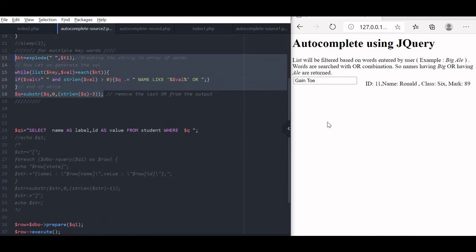I hope that after understanding part 1 and part 2, you can migrate to part 3 of this tutorial to understand how the PHP part works dynamically. In part 3 there is less of the jQuery part and it is more of PHP and MySQL and dynamically generating the SQL query to execute.